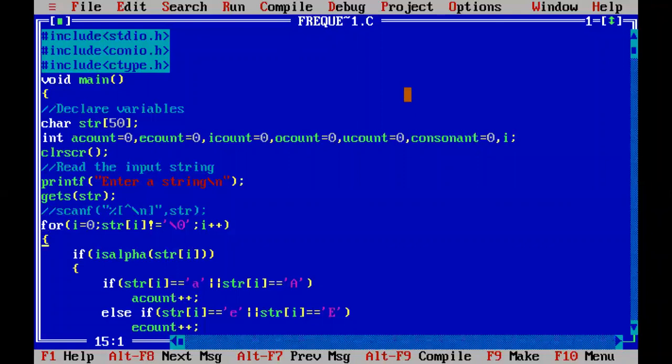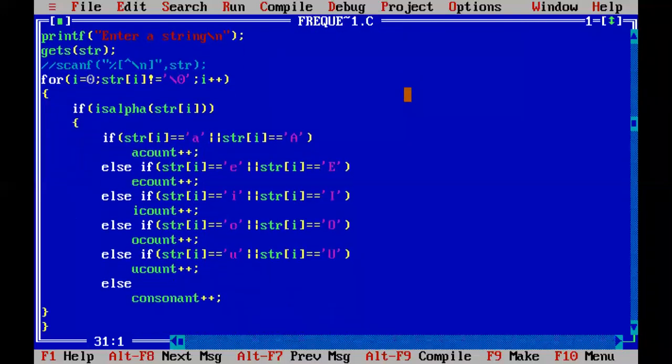In the case of the string, since it is stored as a character array, I am going to take the first character from the string, which is at the index 0. So I'm going to start the for loop since I want to repeat the same procedure for all the characters in the string. You take the first character in the string, which is at the index i equal to 0. So the for loop is started with initialization as i equal to 0.